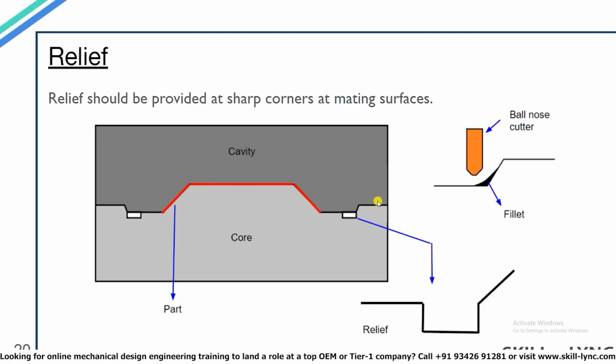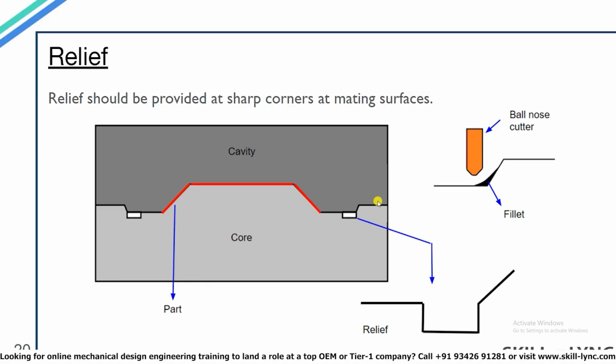There are two types of cutters used for machining, the ball nose cutter and the flat cutter. Ball nose cutters are used for 3D profiles, and it takes more time for making 3D profiles. So if a parting line is along a 3D surface, then we need to make a 3D profile that would require more time. So that's also one of the reasons why we try to make the parting line in the